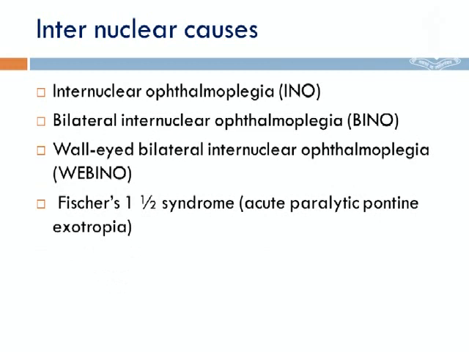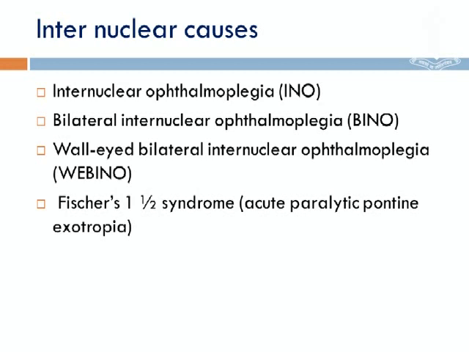The internuclear causes, as I said, internuclear ophthalmoplegia. That is the involvement of the right medial longitudinal fasciculus, as I showed in the video. Whereas when you see a bilateral internuclear ophthalmoplegia, when you have both the MLF affected, both adductions are gone, but abductions will be present. The difference between this and this is that here in the primary position, you have an exotropia.